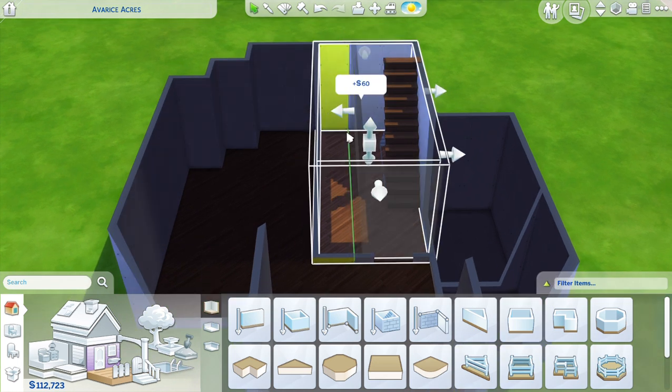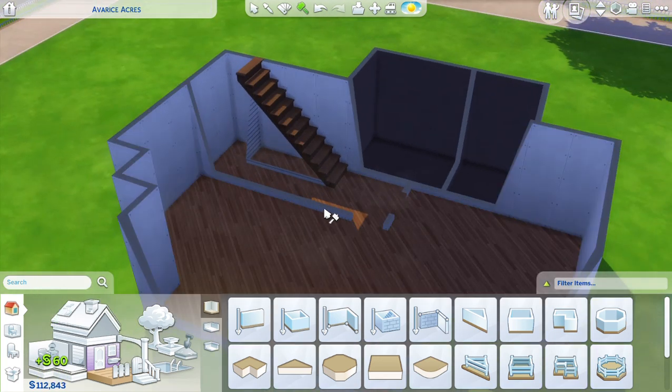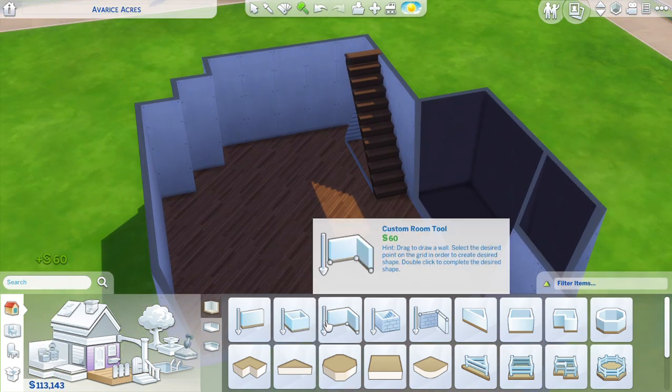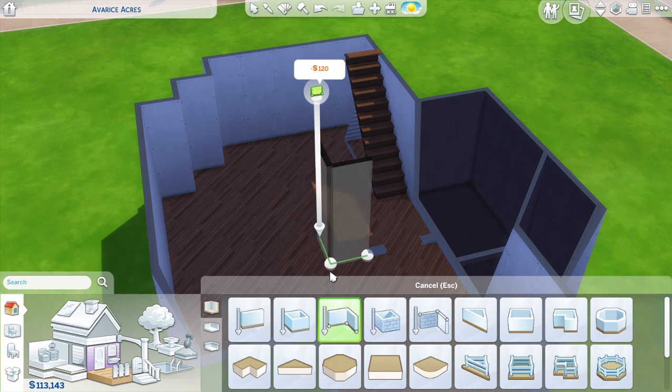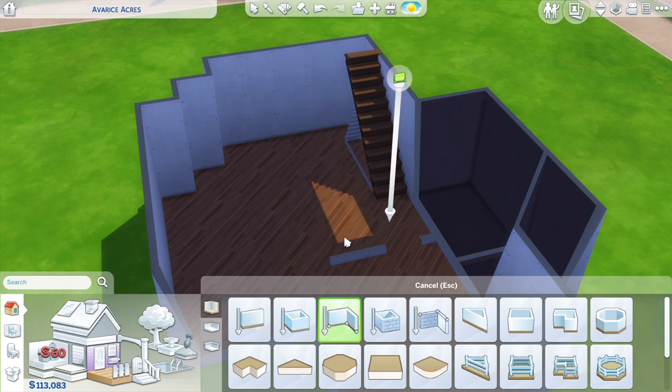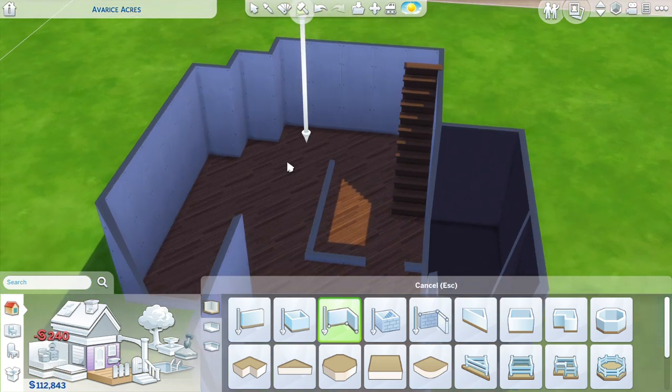Well, this is what you do. Just delete the wall over here, but put back the wall the way you want it. Like, for example, I might want to just have a little place like this, where it's just kind of out like this, or you can put an arch, but I recommend